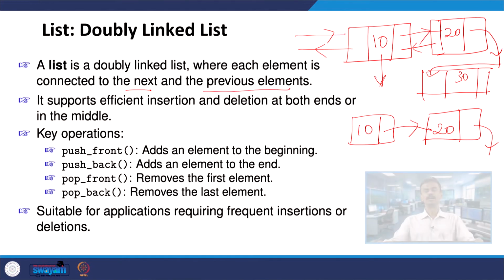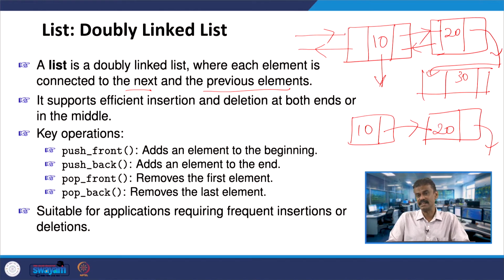So, that means you will have efficient insertion and deletion because you have 2 pointers, better than a singly linked list. So, you have the advantage, and moreover here you have several inbuilt functions, right. So, it is supporting efficient insertion and deletion at both the ends, right, or in the middle. So, the main operations here you have push_front, push_back, pop_front and pop_back, right. These are almost similar to the ones we had seen in vector, right, but here you have the advantage of two pointers. One pointer is pointing forward, another one is backward or the previous, next, right.